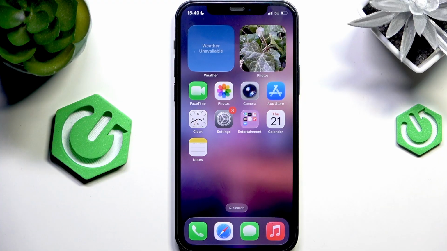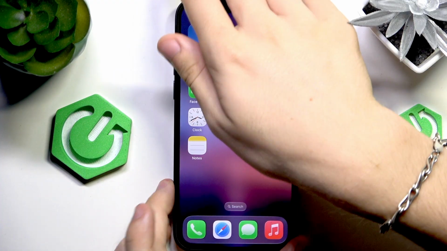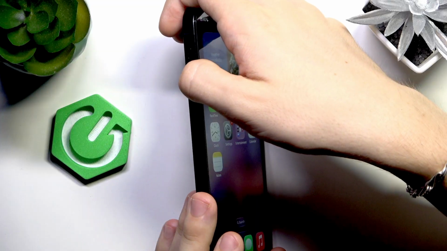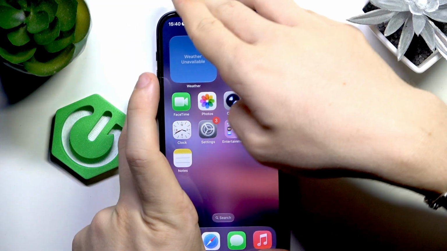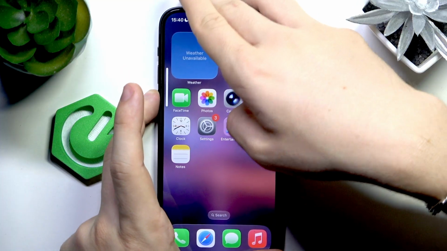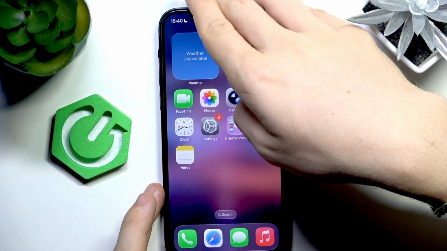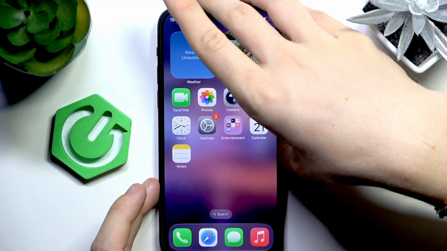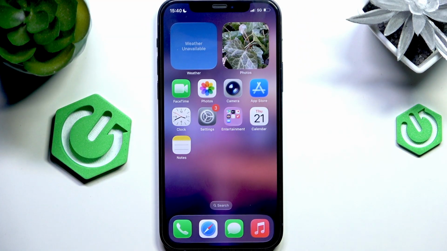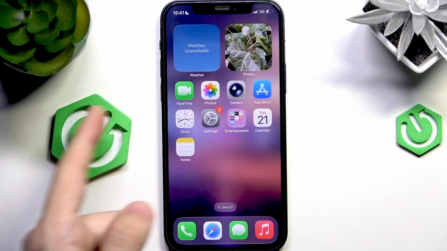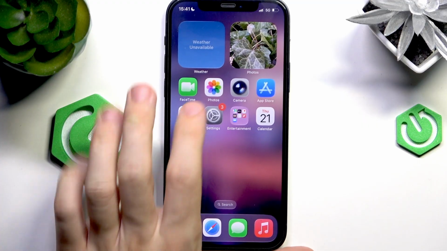You may need to first check the volume buttons. Try pressing on them and see, maybe you just have a low volume level, right? So that's worth checking. Also, depending on whether the question you're asking about your iPhone being quiet is when you're playing media like some music or videos, then just try checking the buttons, or